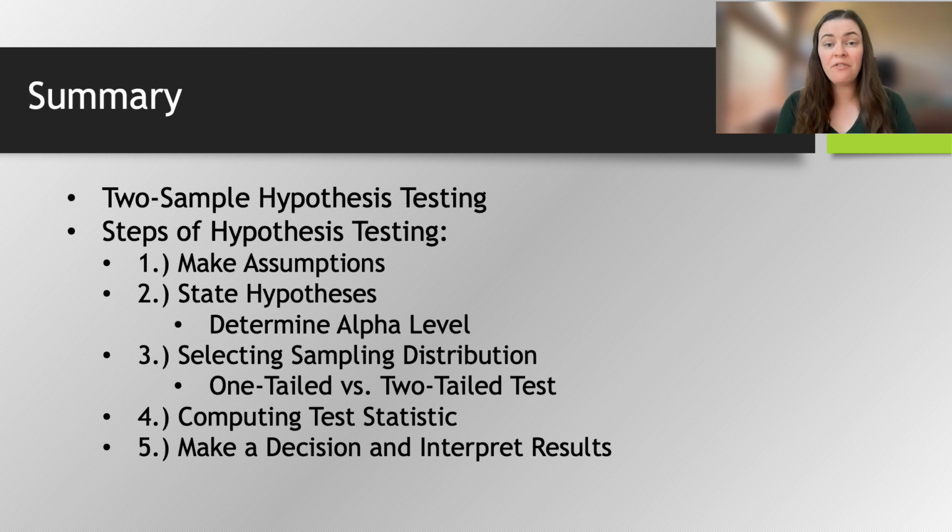Okay, you've made it to the final slide of part 2 of our chapter 8 lecture. There wasn't a whole lot of new information in this video in terms of the logic of hypothesis testing or our 5-step model, but what we did do is clarify some of the unique differences between 1-sample and 2-sample hypothesis testing, as well as the different implications that conducting a test for both means and proportions may have on our test statistic. So with that in mind, just ensure that you know each of these respective steps of our 5-step model,